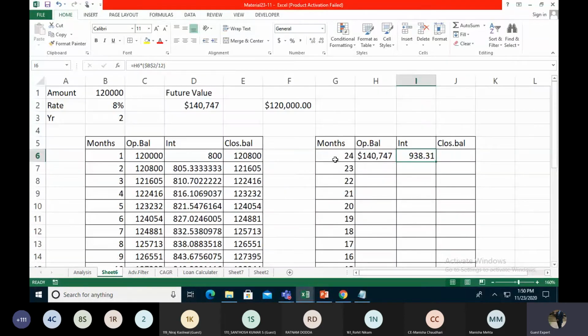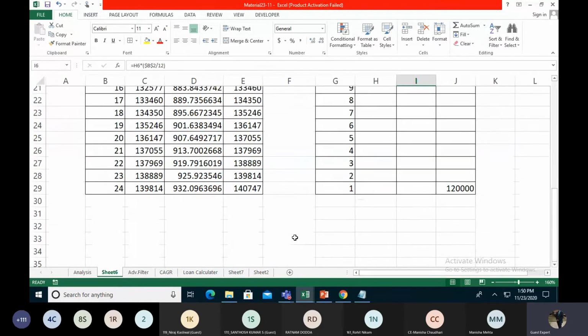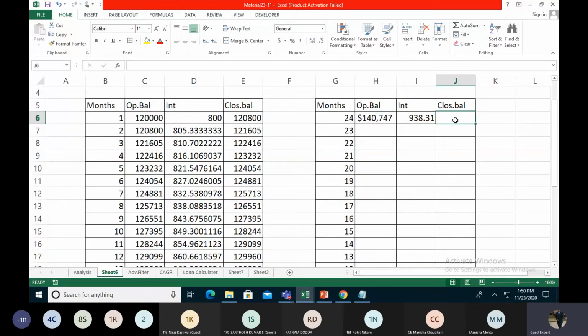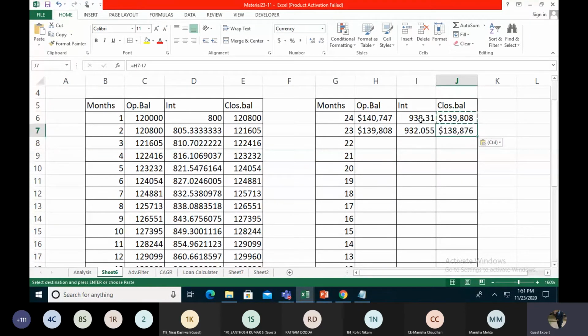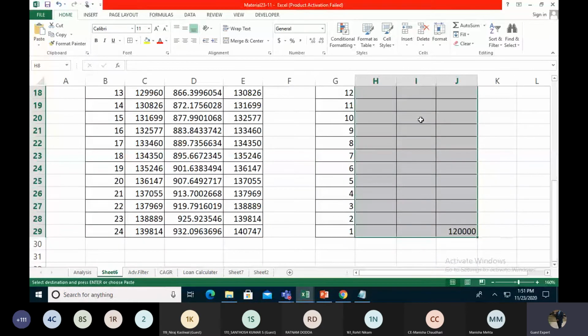What do we change over here? So we get 932.960 because this is 938. The value is going to change because when I take 1,40,740 minus 9360, the value changes. See, this is my closing balance. The next one is going to be an opening balance. We take the same thing over here, we just copy it, and we take it at the end of the period.